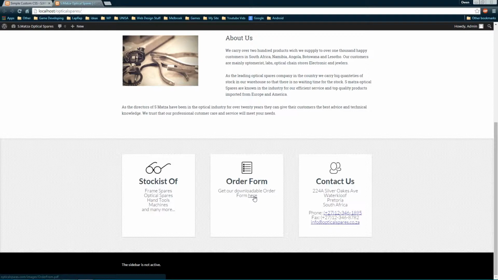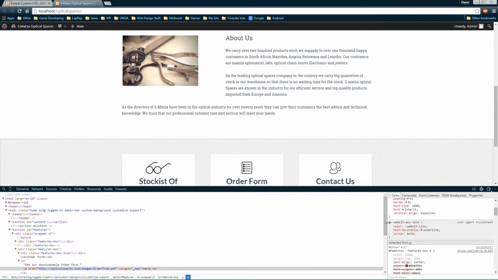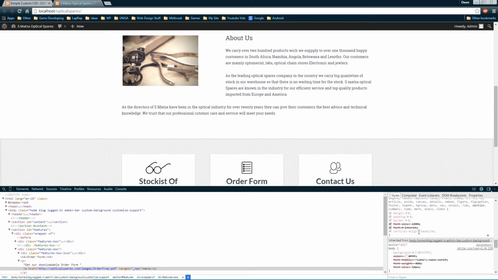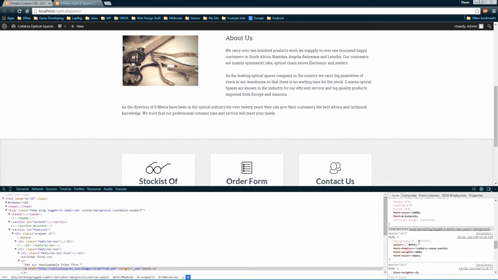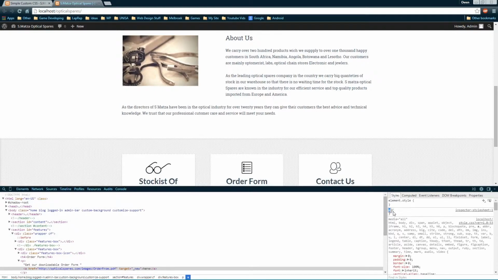We're going to right click on the link itself and go inspect element. Now, a link is identified by this A, and it doesn't seem that we have a link identified in our CSS yet. So what I want you guys to do is simply click on this little plus. It's going to create that for us. And then we click next to the curly brace, and we're going to say